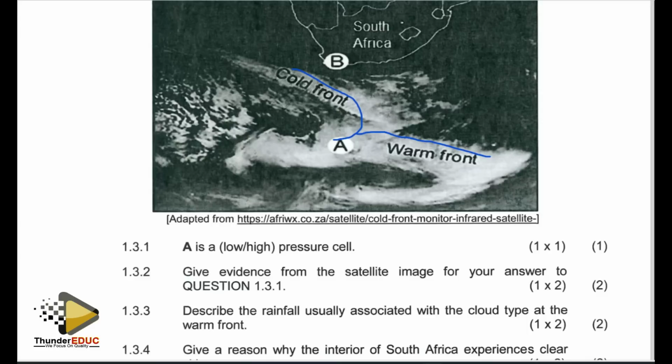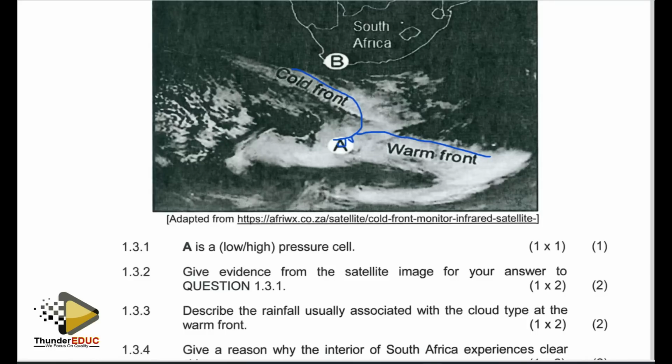and try to relate it to the satellite images, because basically it's one and the same thing, only that this one is a satellite image. But when we are using a synoptic weather map, we use an aerial view where we draw the fronts in symbol lines. So what is happening here is the area A, which is marked here. You can see that area A is falling at an area where the cold front has caught up with the warm front. In this instance, we might be having an occlusion at this particular part of the weather system.